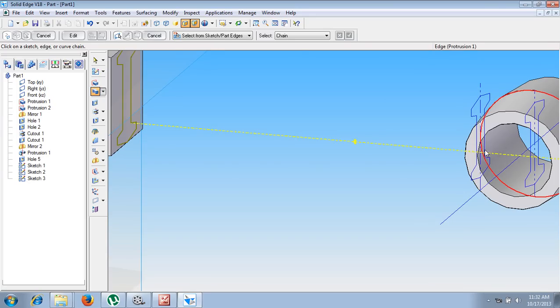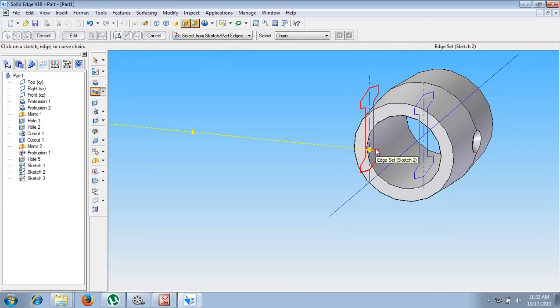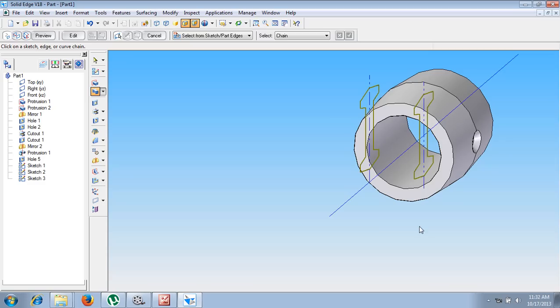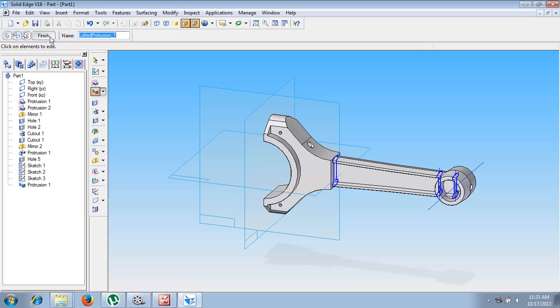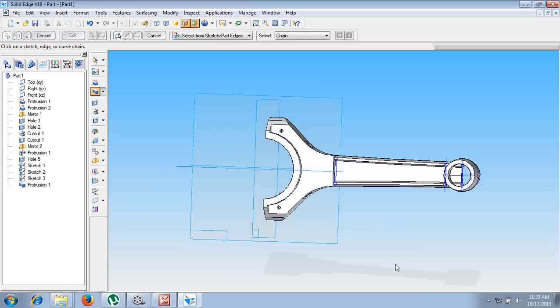Now you can see we have to select the same point over here. Now yes, this is that point. Similarly, this is the next point. All the three sketches you can see highlighted by the same colors. Then say review. Now you can see finish. This is the required eye section that we wanted. We got that respective eye section.